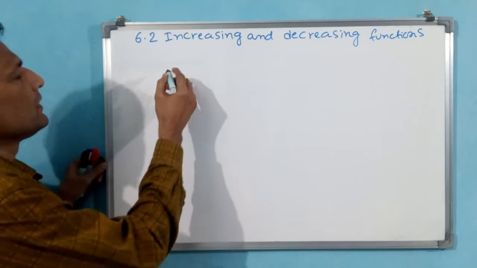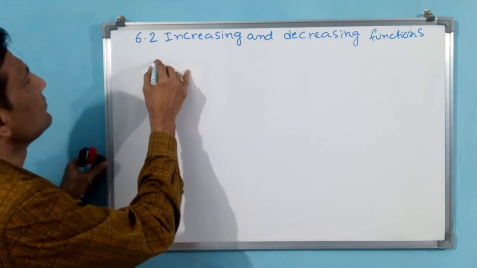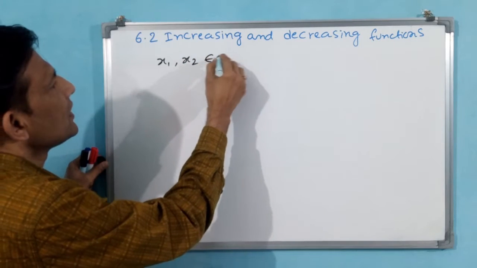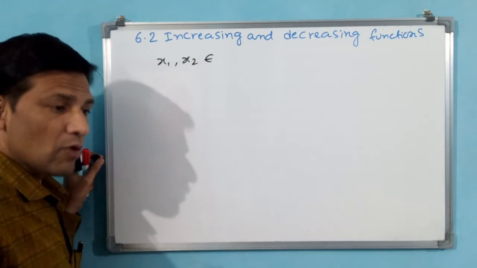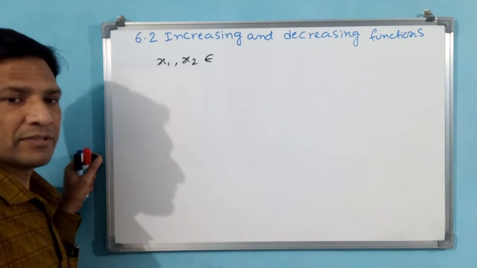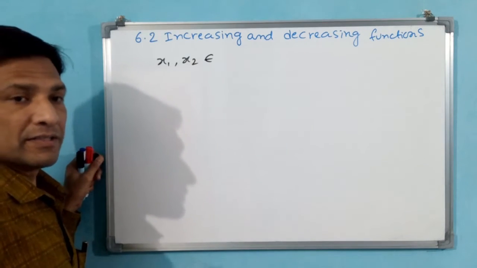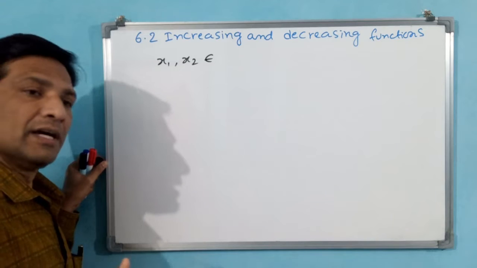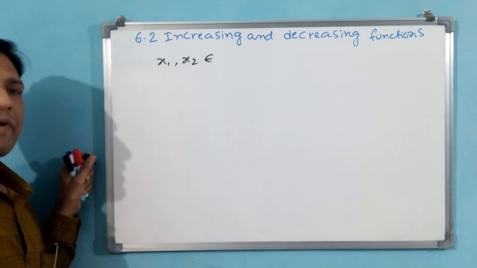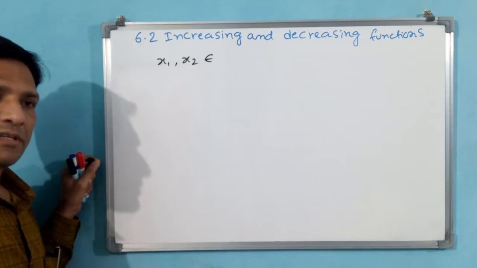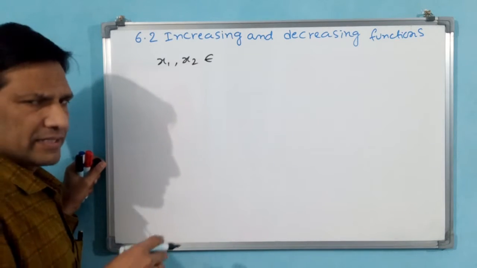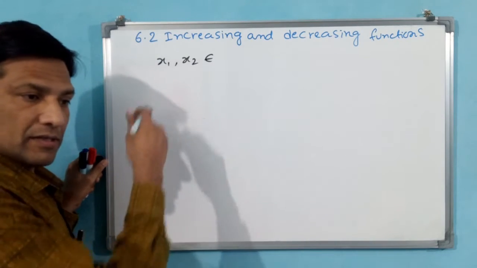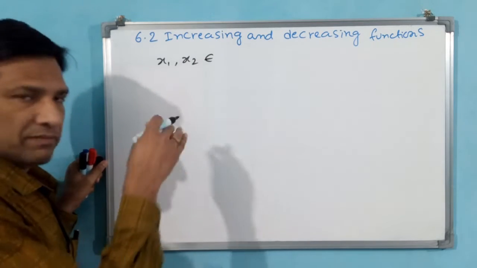See, if x1 and x2 are two real numbers. Increasing or decreasing means you have to compare with some other thing. Then only you may know that this is increasing or decreasing. The function may be one function, but you have to substitute two values in that function. Then, based on the first value and second value, we can find whether the function is increasing or decreasing. Or else without substituting also we can know, but that is the second process. The first process we are seeing now.